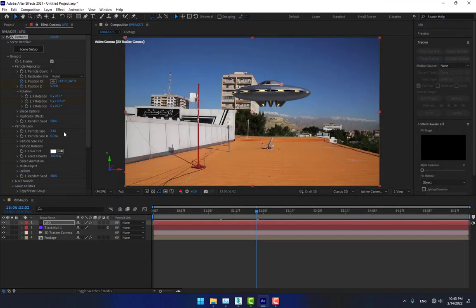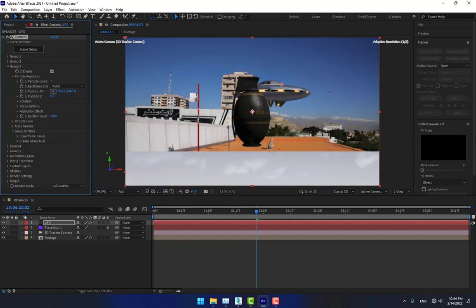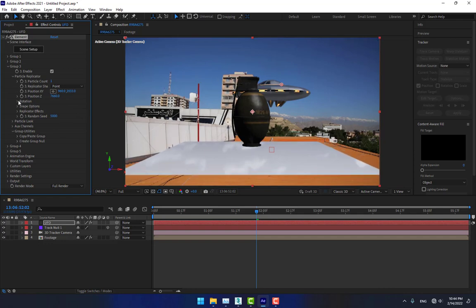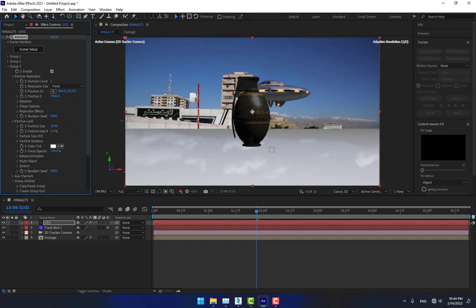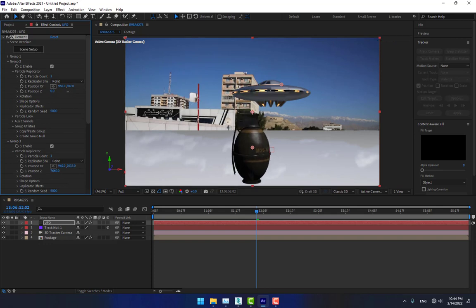Press OK, and now close the group 1, go to group 3 and down the plane and move far and down again and go to particle look, scale up the size and go to group 2 for the grenade, down the grenade and move too far, down the grenade, move to right under the UFO, there and